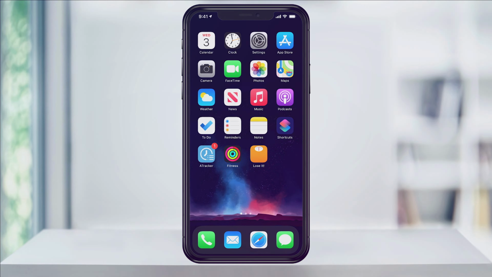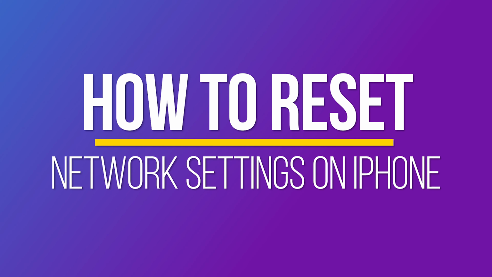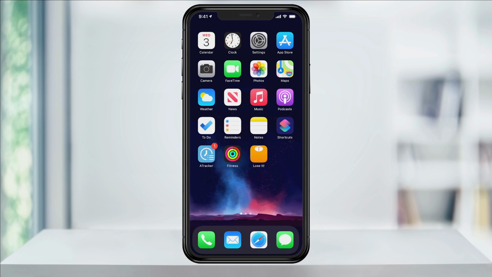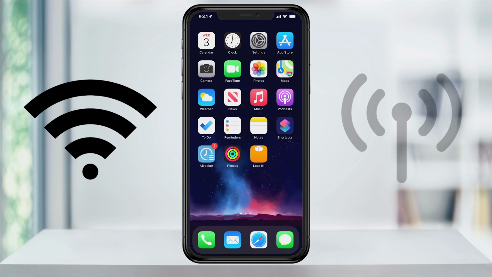Hey everyone, in this quick tech how-to video, I'm going to show you how to reset your network settings on an iPhone. This is an easy way to troubleshoot any connectivity issues on your phone. Say you're having problems connecting or staying connected to Wi-Fi networks, or maybe when you're on cellular, you're having